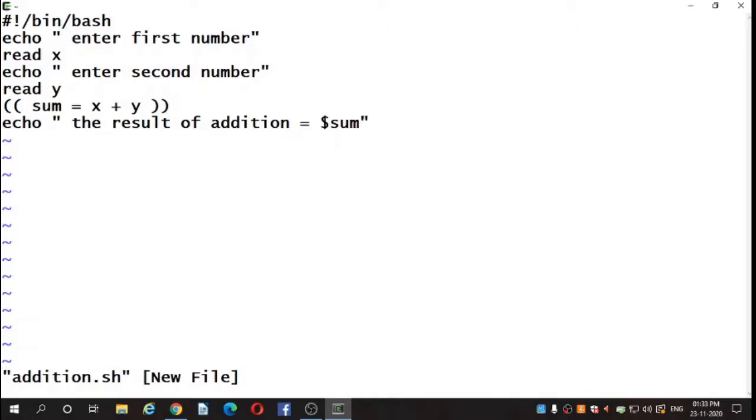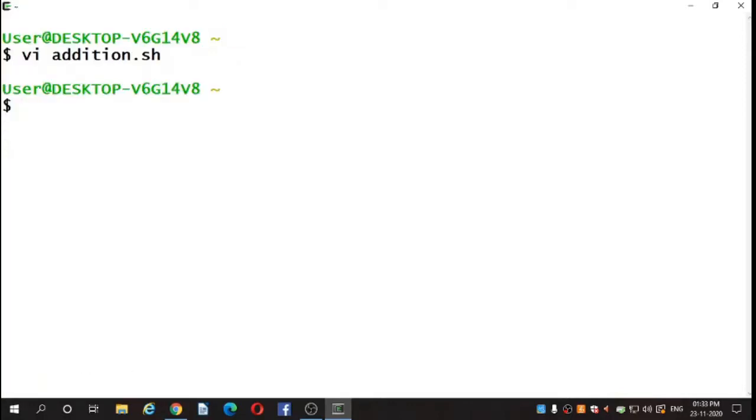For that we need to press escape first. The escape button is on your keyboard, so escape, then shift and colon. With the help of the shift button we type colon and then wq. You can use any method for saving and quitting, so I am using wq and then the enter button.